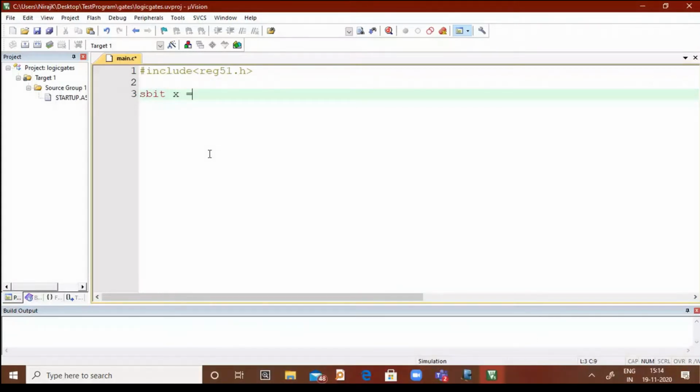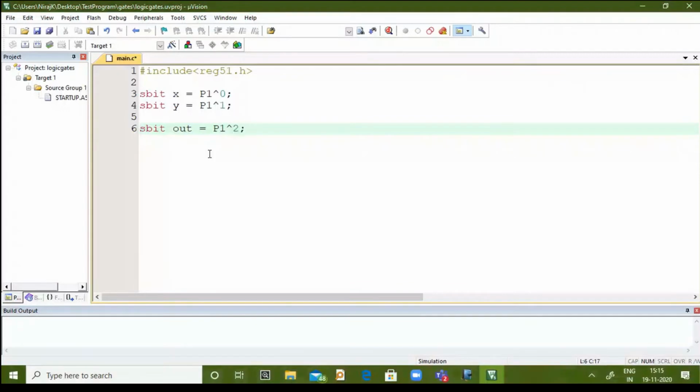Suppose x, I am assigning x to P1^0. Then sbit y, I'm assigning it to P1^1. Then my output: sbit out is equal to P1^2. Only one gate I am going to implement now. So sbit x, y, and out are done.